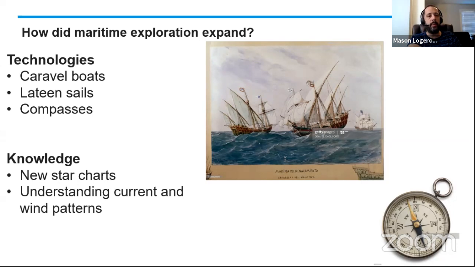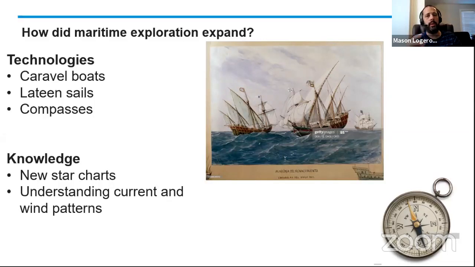Speaking of being stuck out in the middle of the water and not knowing where you are, we know that for years and years and years before this, sailors have been using positions of the stars. But now you start to see better maps of the heavens being made. Sailors are getting a lot better at identifying stars and where they are to help them figure out where they are in the water. You also see an increased knowledge of wind patterns